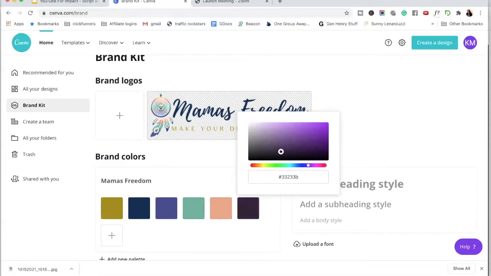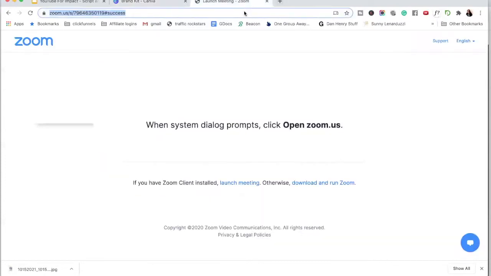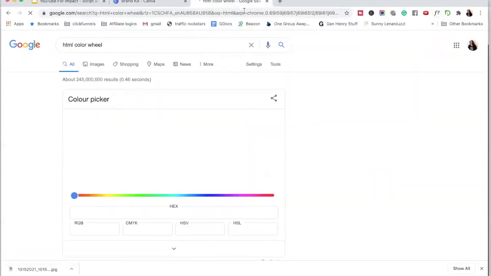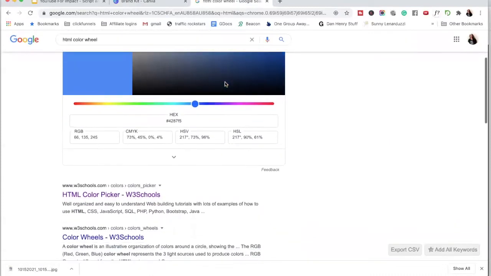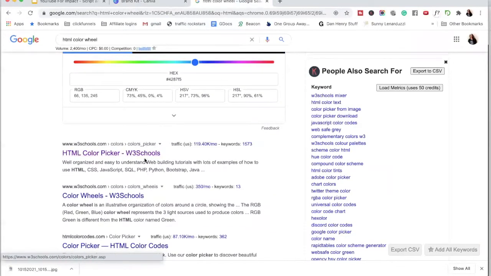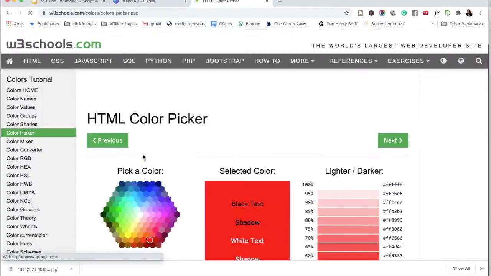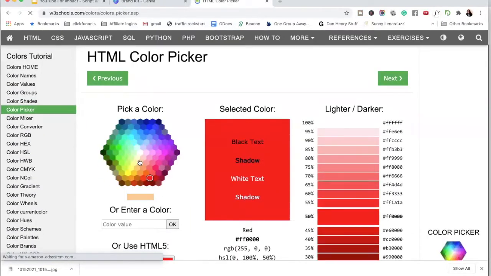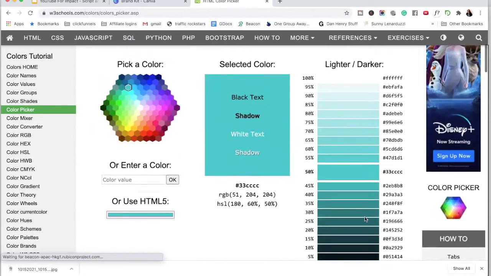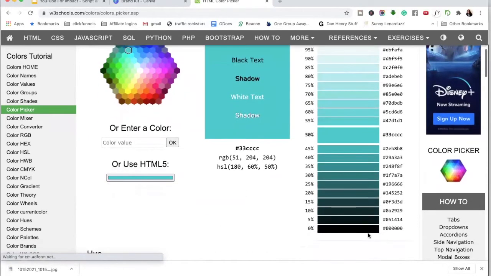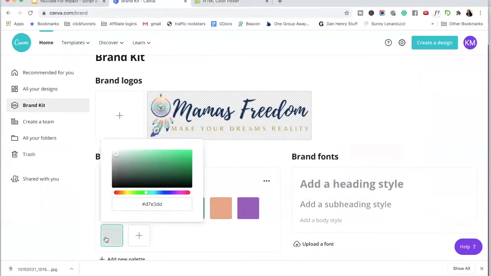But a hack, if you find this a little bit tedious and you can't quite get the color you want, I like to come over here and type in HTML color wheel. Scroll down to W3 Schools, and this is fantastic because it gives you your starting points. So say you wanted a turquoisey color, hit on the turquoise, and then over here you've got all your different various shades. Right, so it's literally just a copy and then you can paste it over in your brand kit. Add,